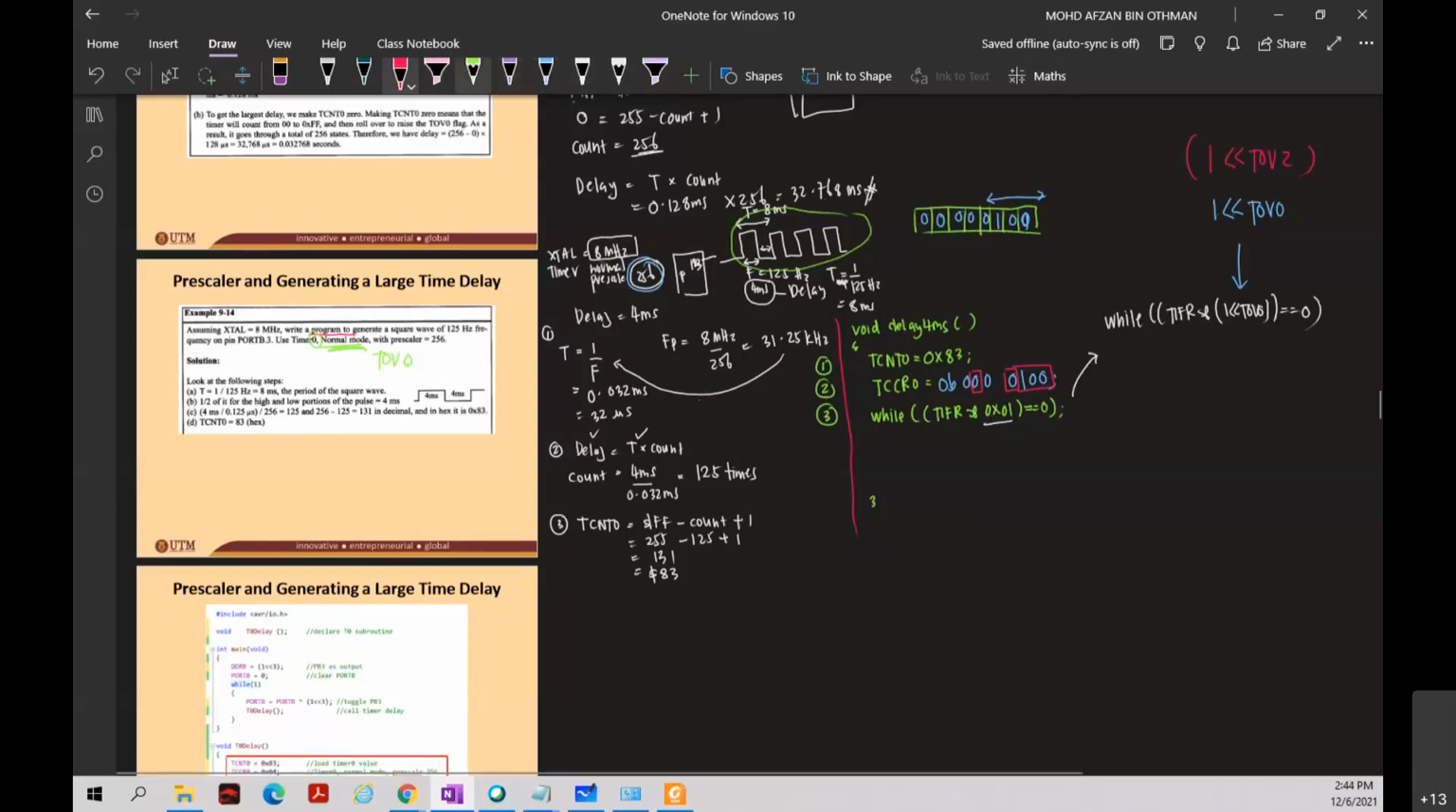Alright, and then lepas tu step nombor 4. Okay, what is the step nombor 4? Step nombor 4 adalah, okay, once TOV kosong, okay, so this is monitor ya, monitor TOV kosong. Once TOV kosong sama dengan 1, apa kena buat? Kita stop timer. Okay, so this is the value. This step nombor 4, stop timer. Step nombor 5, okay, so yang ni kamu buat